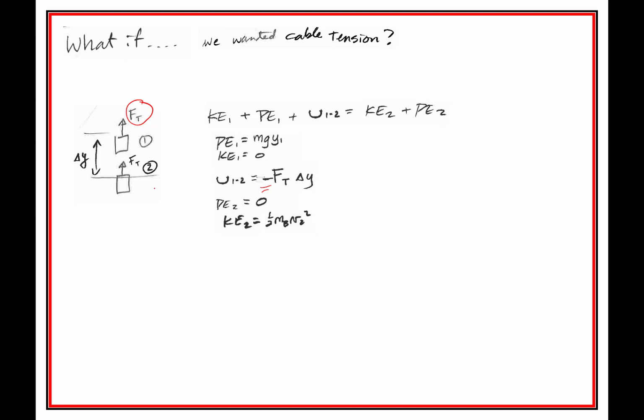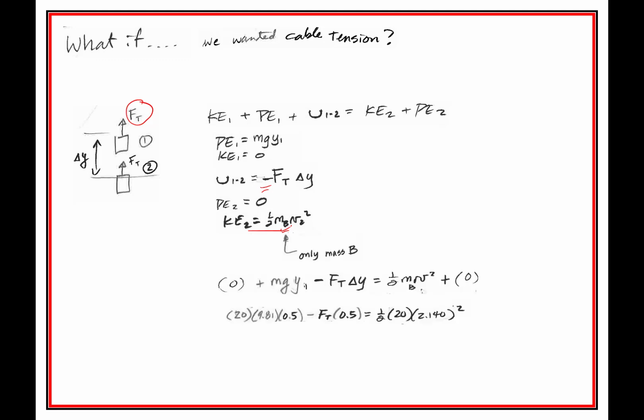And now we have the kinetic energy at state 2. The kinetic energy at state 1 is 0 because it's not moving. At state 2 it is moving, but it's only the kinetic energy of block B. And so we put those things in there, and because we just found the velocity, we're able to get the cable tension. So if you're asked in a problem like this, what's the cable tension? Quite often what's necessary is to do the problem first with both pieces, and then do the problem again